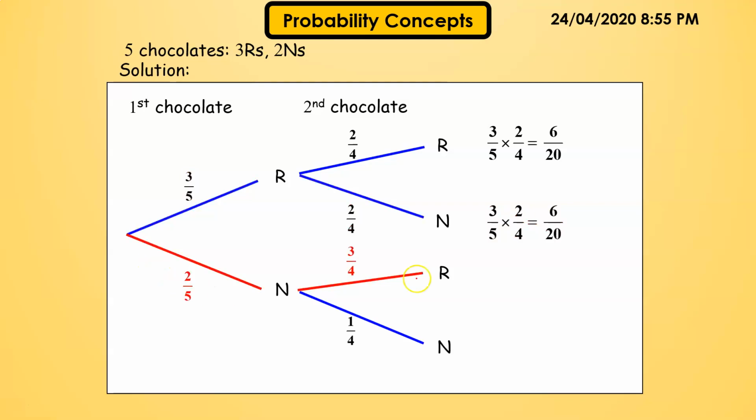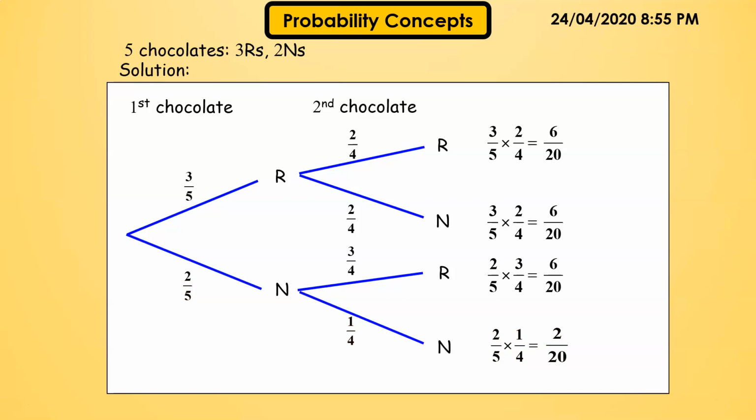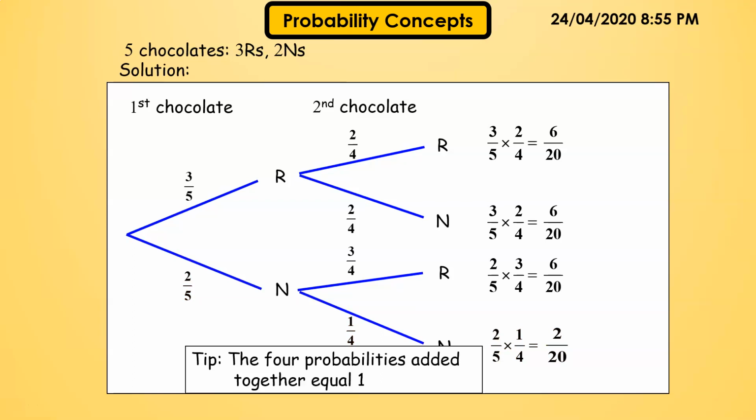Working along the nougat raspberry branch, what we end up with is 2/5 times 3/4, which is 6/20. And the last one, we've got 2/5 times a quarter for 2 nougats, which gives us 2/20. 2 out of 20. Now, the big thing that we should notice is that all 4 probabilities add up to